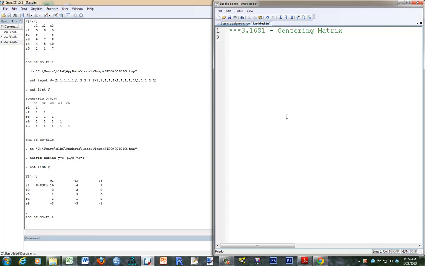Let's talk about the centering matrix in Stata. So you remember with the centering matrix, we have a formula, which is Q equals our identity matrix minus 1 over n, times the J matrix. So we need to do matrix input and input